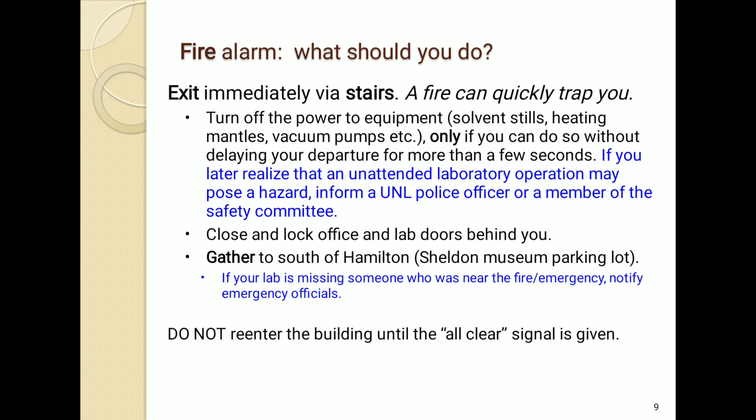Close and lock office and lab doors behind you. Next, gather to the south at the Sheldon Museum parking lot. If your lab member is missing, notify an emergency official. Do not enter the building until an all clear signal is given.